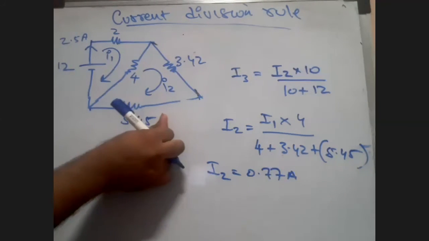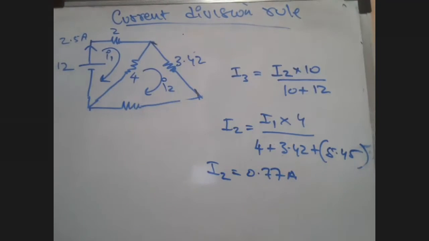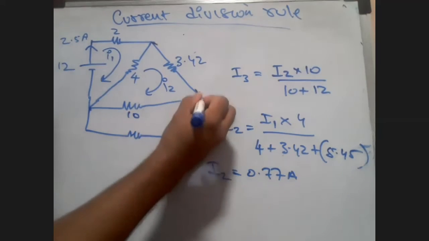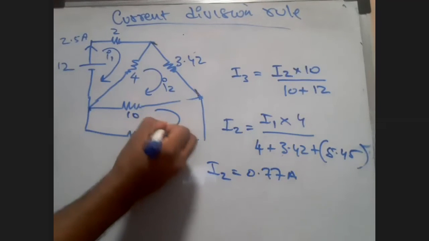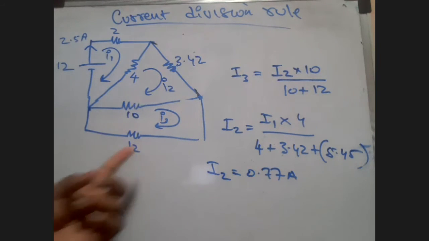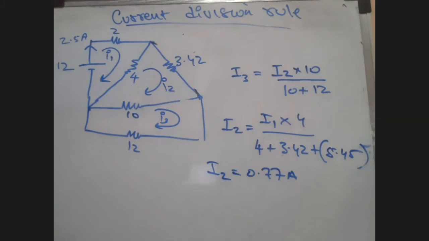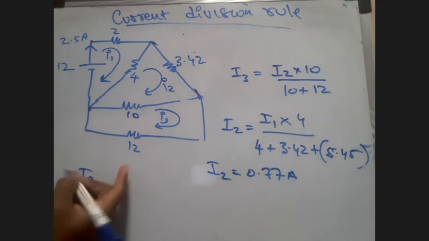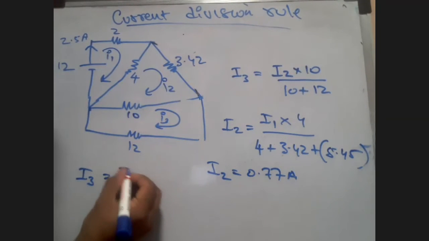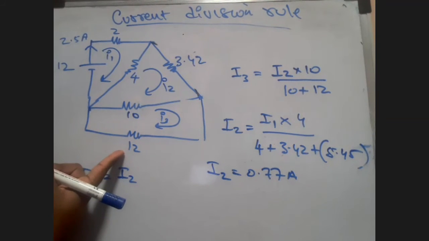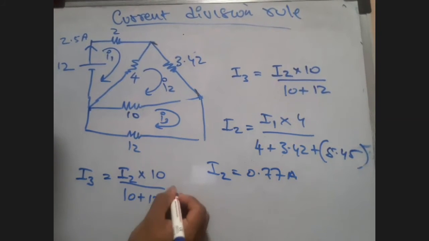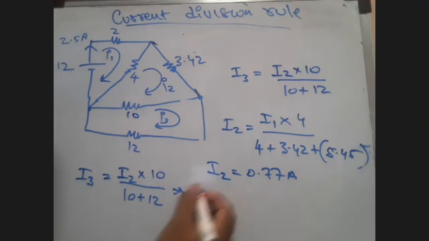Now can we find out? Remove this, please. This was earlier how much? 10. And this was 12. Okay. This is 10. This is 12. There was a loop here which was I3. Now I very smartly found out what is I1. I found out what is I2. Now I will find out what is I3. I3 is simply the current passing through 12 ohms only. So I will write I3 is equal to the incoming current here, which is I2. And the opposite resistance through which I3 is flowing is 10 ohms. So into 10 upon 10 plus 12, please apply the value of I2, 0.77.